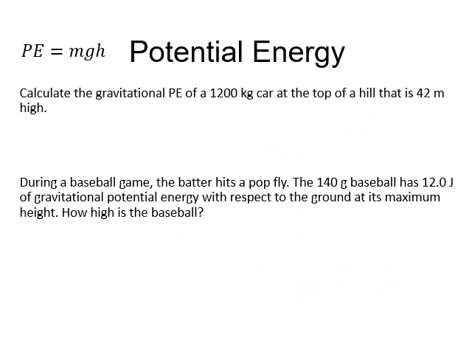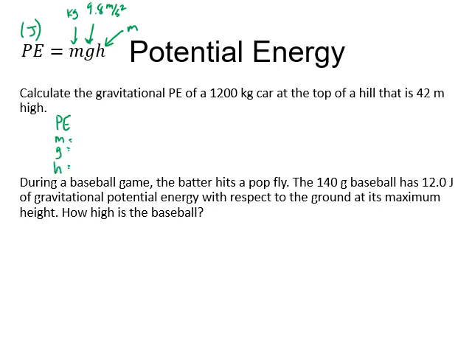For our first problem, and again, I'm just going to make sure that we have all our units ready. So that's joules, mass is in kilograms, gravity is 9.8 meters per second squared, and then our height is going to be in meters, m. So calculate the gravitational potential energy of a 1,200 kilogram car at the top of a hill that is 42 meters high. So here we have PE,